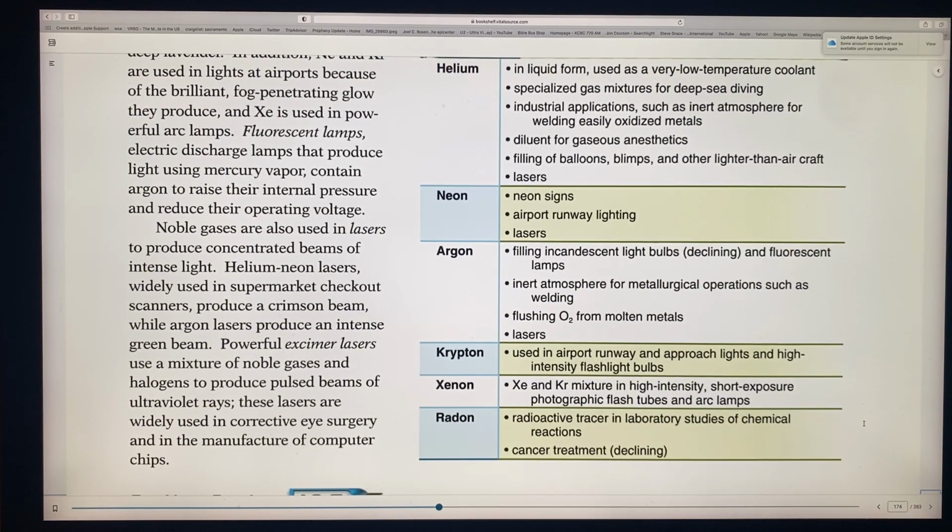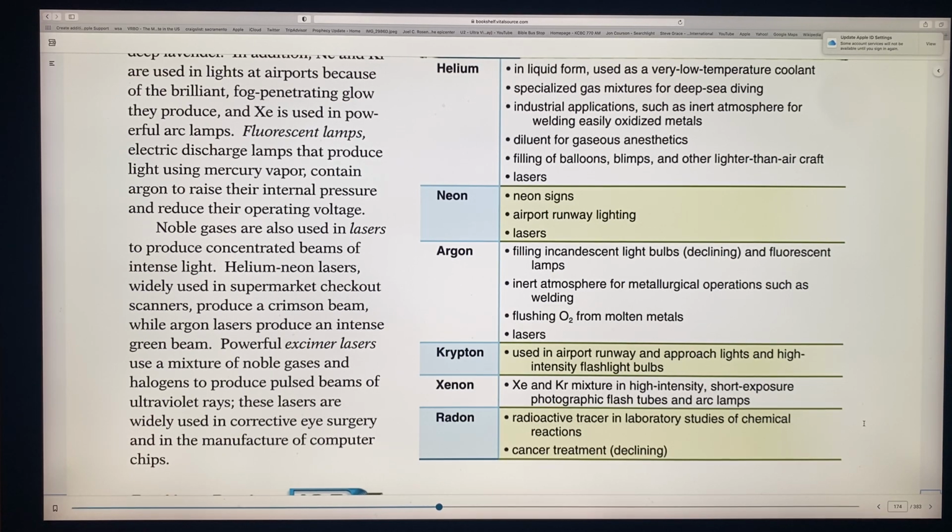Radon is not used in lighting so much, but they've used it as a radiation source for cancer treatment. And also because it's produced naturally by the decaying of uranium, it's considered to be radioactive, so a lot of times with radon, especially in the past, there would be a buildup of radon in some home basements, and this was giving exposure to radiation. So radon can be a risk of especially lung cancer to people that smoke mainly.